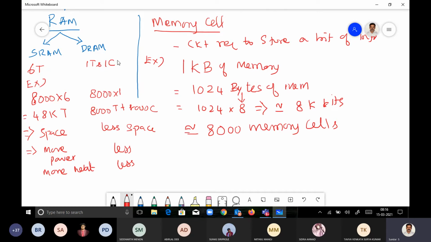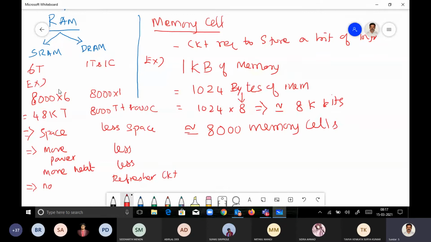So we need to have some refresher circuit. That refresher circuit will always keep the capacitor in the charged condition. Okay, so that's the main issue here. So we need a refresher circuit. But we don't want that refresher circuit in this case. It doesn't require a refresher circuit because we are not using any capacitor, we are using only transistors. So in this angle, this looks like an advantage. So no refresher circuit.